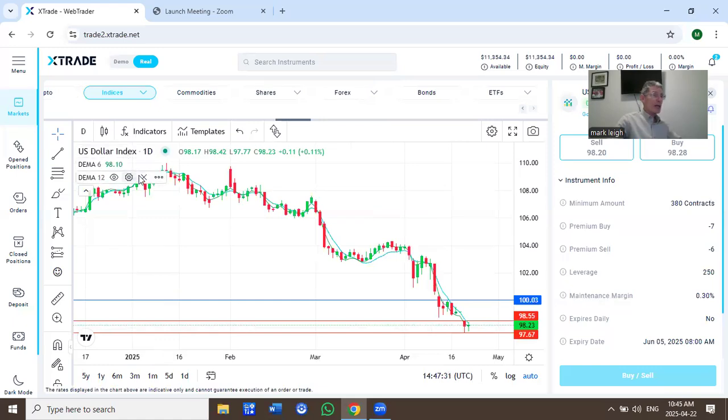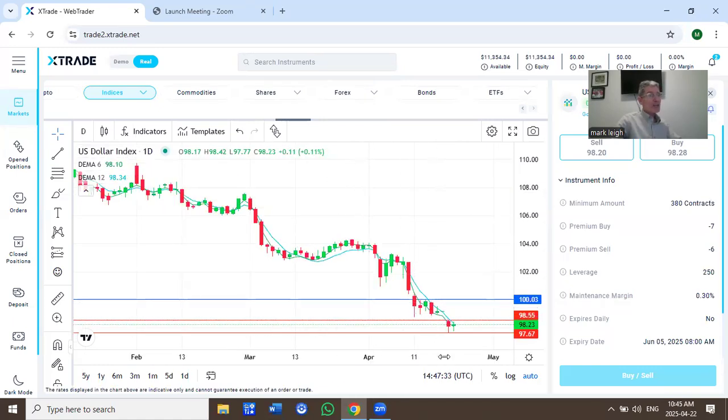Starting point, US dollar index. There's the big sell-off yesterday, and you can see the US dollar has tried to fight back today, sitting pretty much where it closed yesterday, 98.23. Will the US be able to continue and get up to resistance, which is yesterday's open, 98.51, and continue higher? Or are we going to see a continuation of US dollar weakness, US dollar being sold off, which has pretty much been the pattern for the past week?